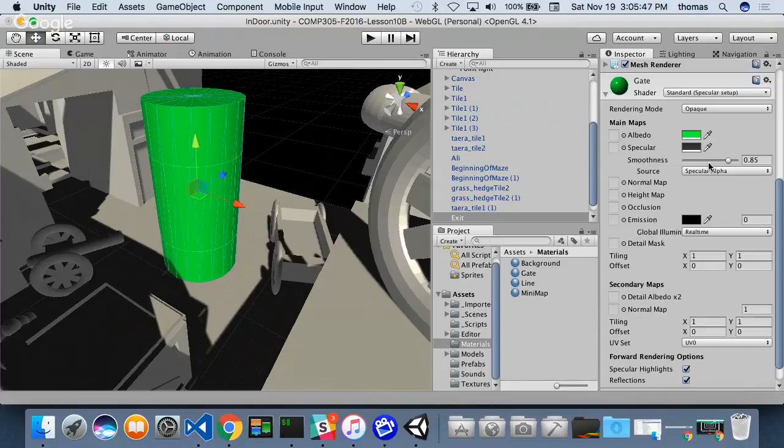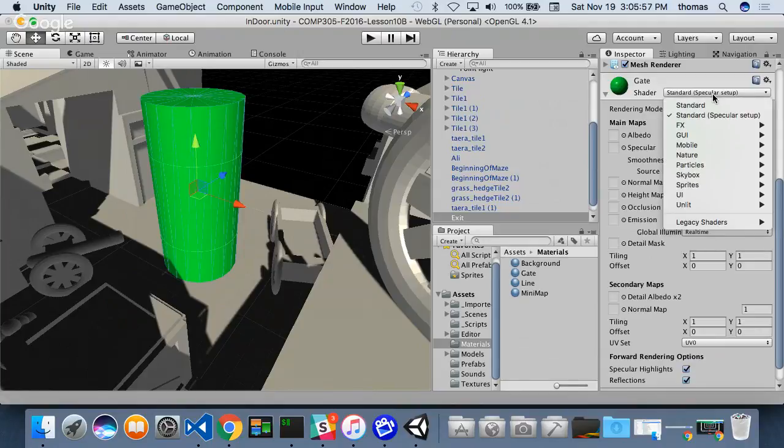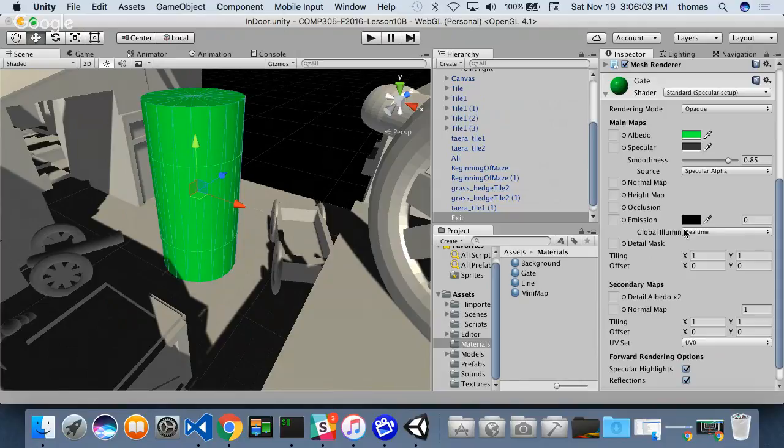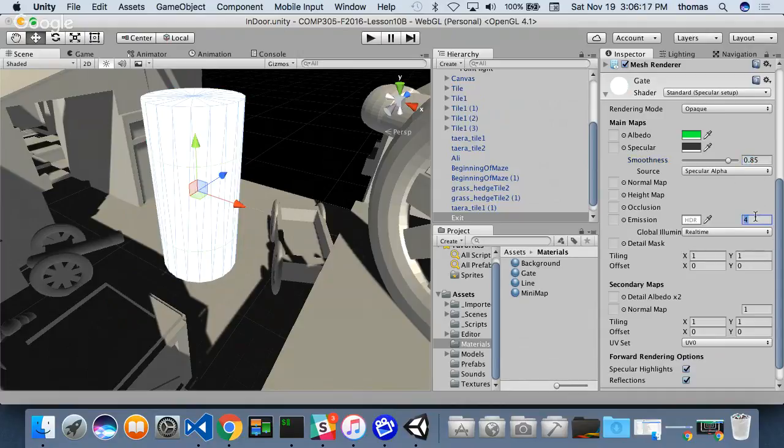Remember, this is what I've got here. Here's specular alpha. I've got no emission, but remember, I can change the standard shader to whatever I want, right? I can increase the emission value as well, right? Now, for this, I need some kind of texture. If you notice, there's a texture that's missing here. So if I just do an emission of like 4, it doesn't really do much. It doesn't emit. Typically, it just makes it white, right? So if I go to 1,